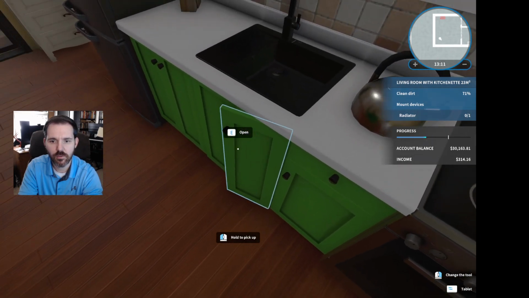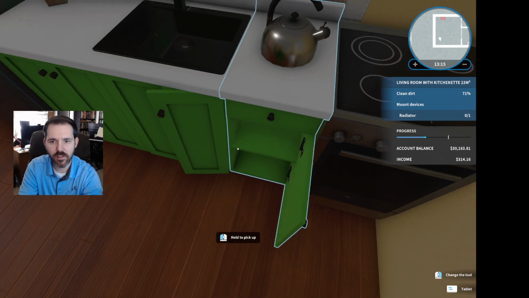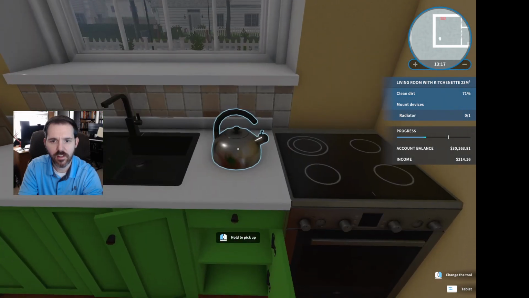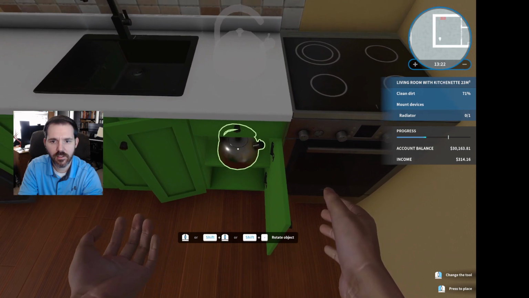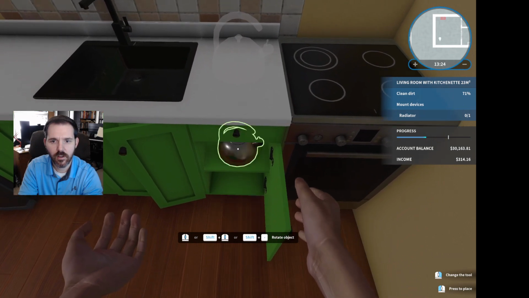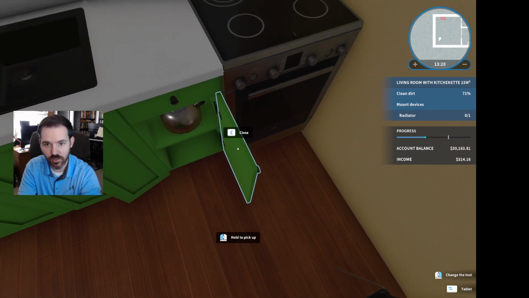That you don't want to put with your food. But we could put it in this cabinet here. Let's go ahead and set it down on that cabinet there. All right, there we go. We're going to put it in the cabinet and close the cabinet door.